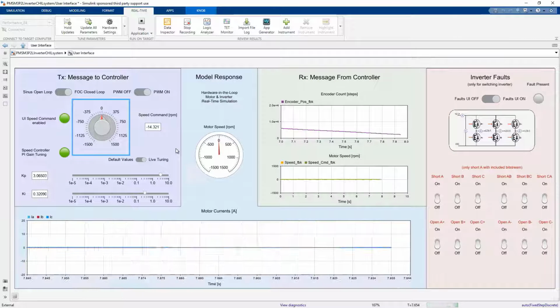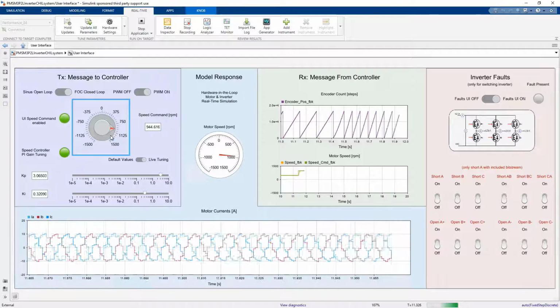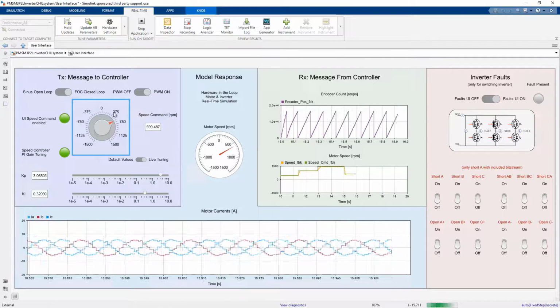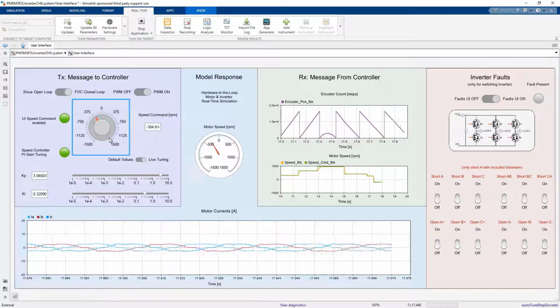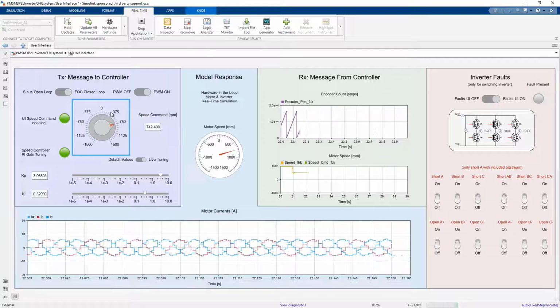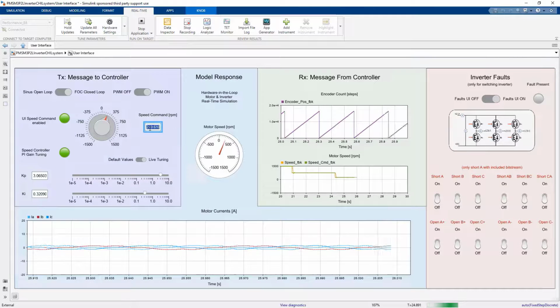We first see that the currents seem less stable and seem to have some sort of high-frequency perturbation. We can have a look at the currents also on the oscilloscope.